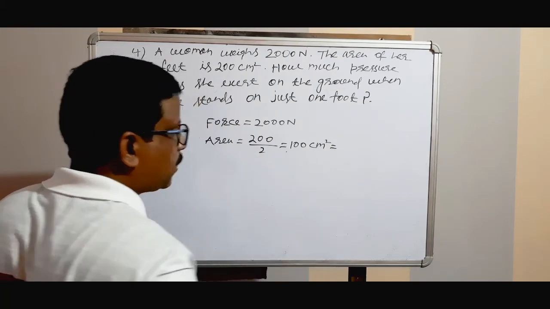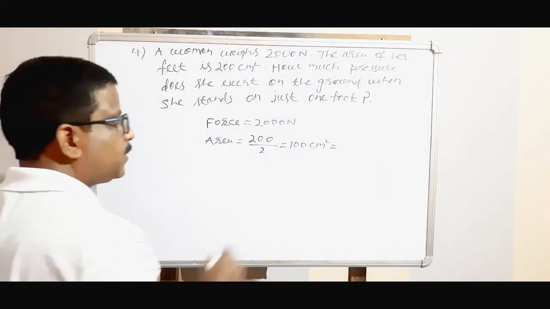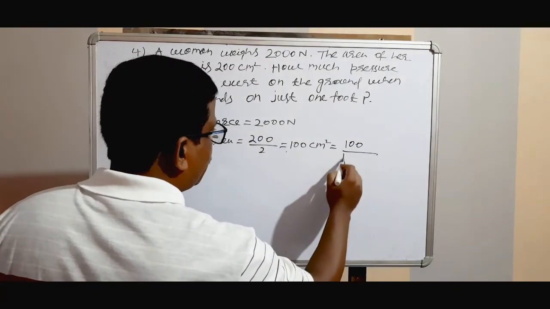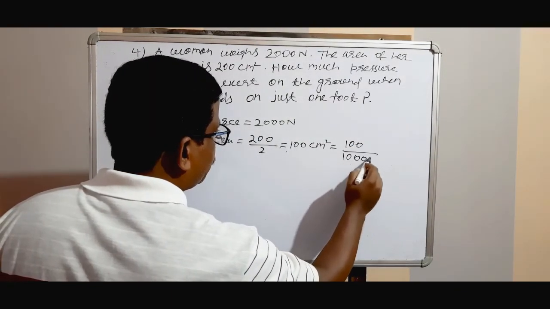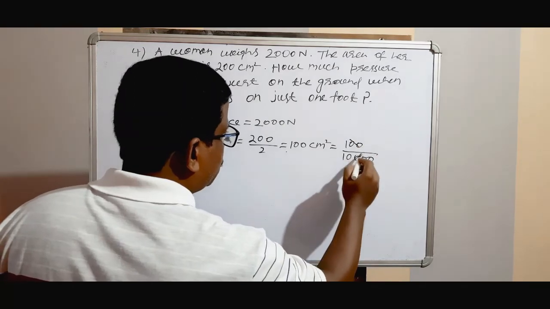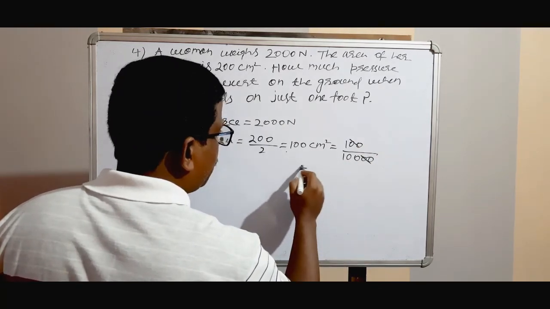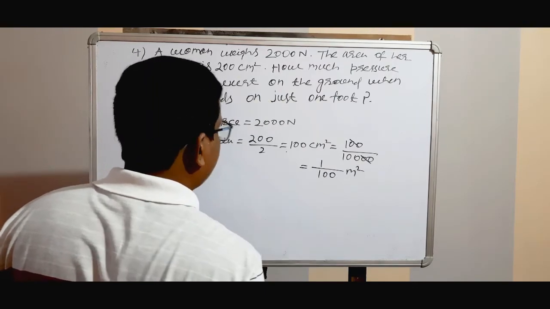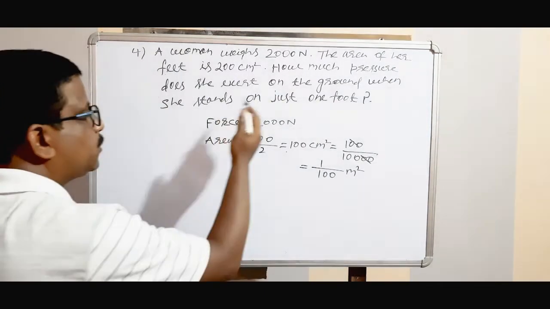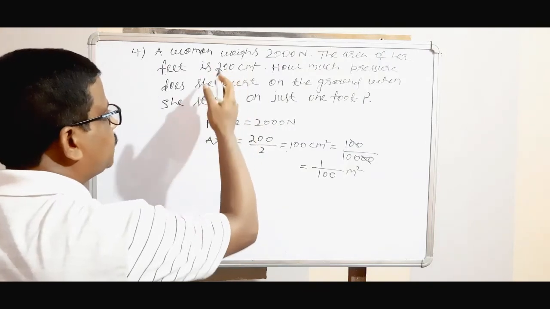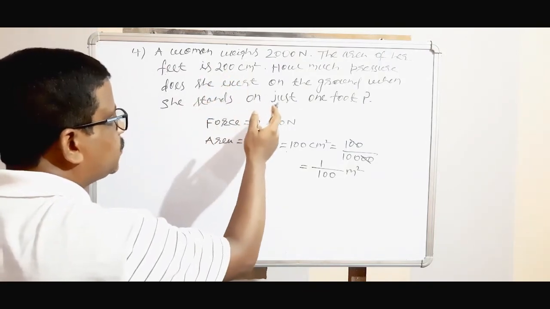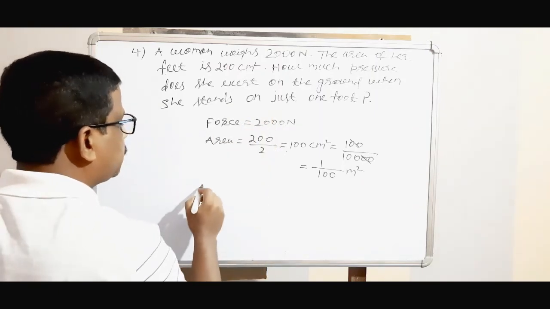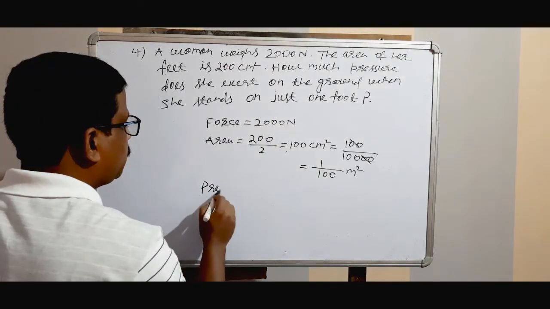1 centimeter square is how much meter square? In the previous problem I have done it: 100 by 10,000. Clear? So 2 zeros cancel. So it will be 1 by 100 meter square. Got the area? Now understood. The question gives the area of the feet, but here the question asks to find the pressure exerted by 1 foot. Clearly the question is given. So pressure is equal to